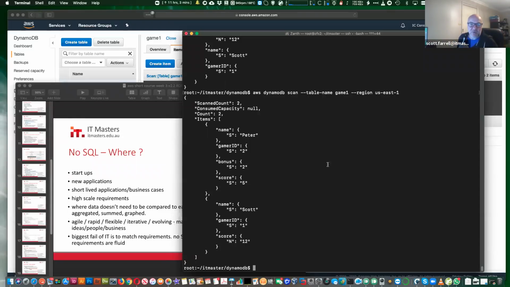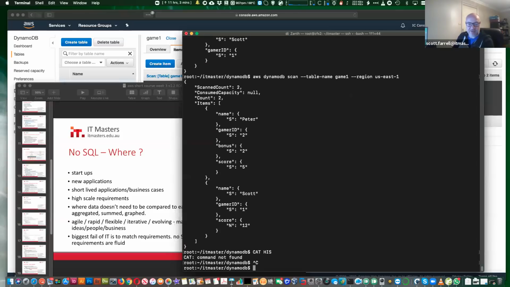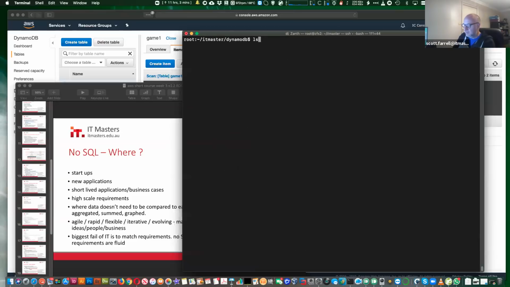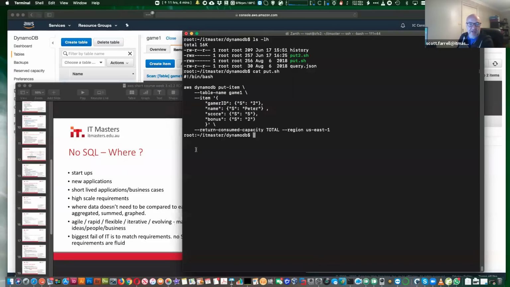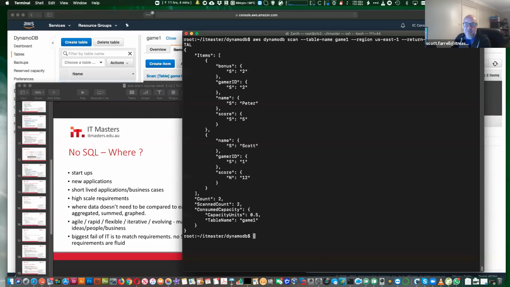So the main way you work out what things are taking, let me just do this. Oops, it's caps, that shouldn't. Let me have a look at this history file. And on the end here, table name, oh no, it mustn't be in those, must be in this put, return consumed capacity. So if I do this scan command now, and then put at the end of it, return the capacity, this is the way most developers learn about how the capacity units get used.